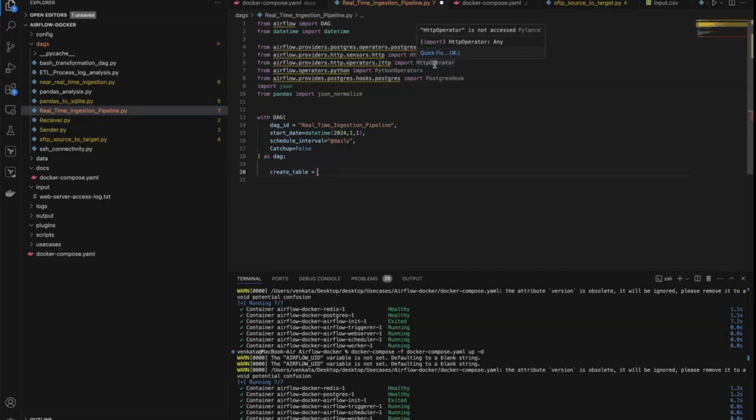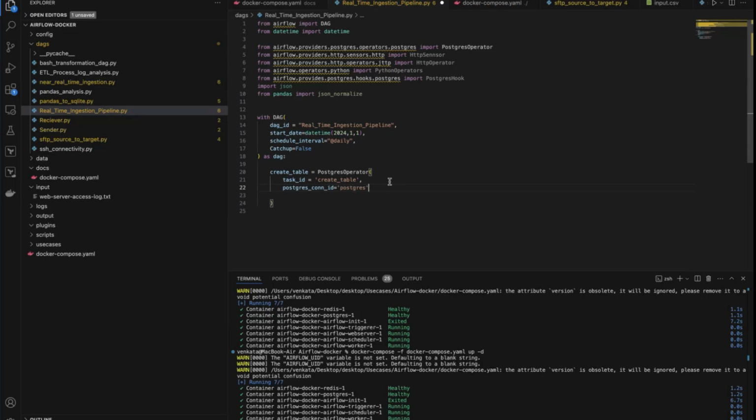As I said, guys, we have to use the Postgres operator, because I'm connecting to the Postgres database. So for the task ID, I'm just giving the same name as my task. What will happen when you start this job? The DAG ID is this one, and within the DAG ID, the internal task is this task ID. That's it. And what next? I want to use the Postgres connection, right? So the Postgres connection ID,